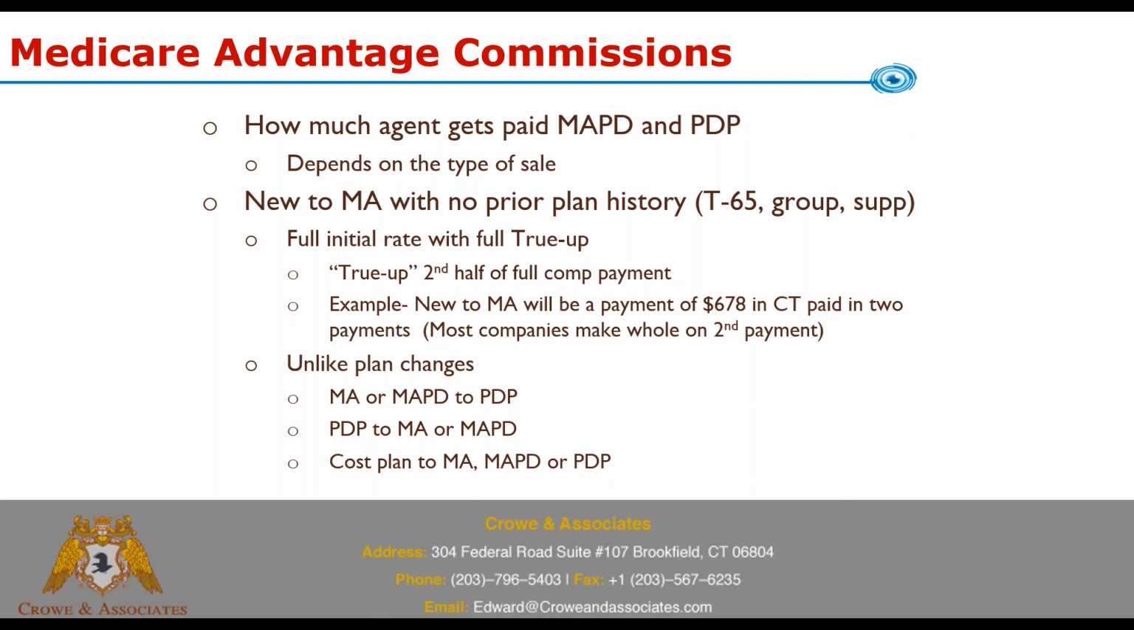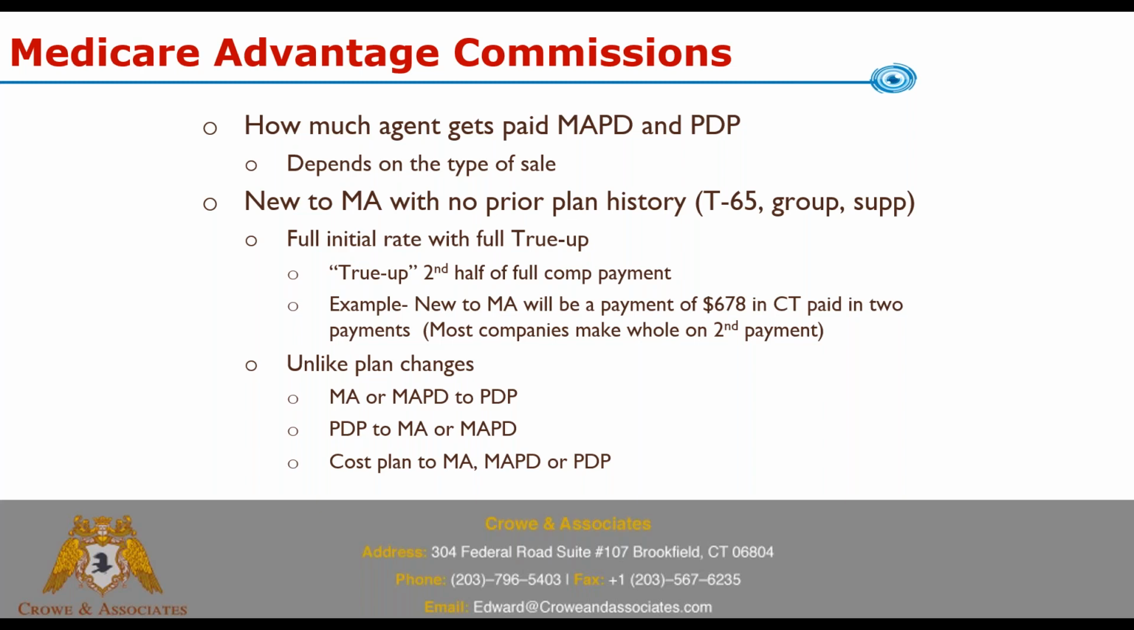So talk about the amounts that you get paid for commission, but how do you know how much you're actually going to get when you write a plan? Well, it depends on the type of sale. So first, when we talk about the max commission amounts, if you're writing somebody who's new to MA, so they have no prior plan history, maybe they're new to Medicare, maybe they're on Medicare A and B only and had nothing else, maybe they're on a group plan and they're just new to Medicare and or new to Part B